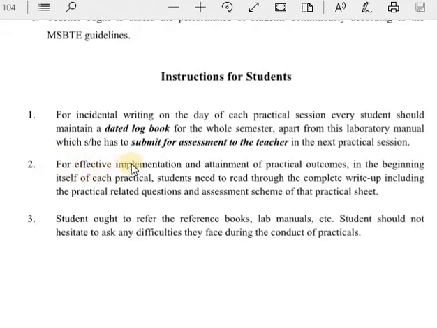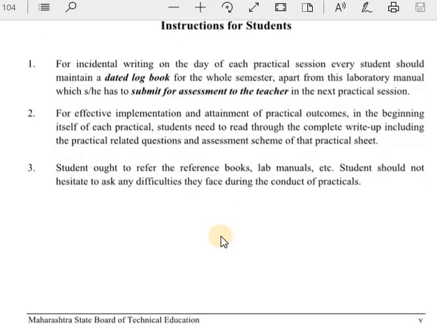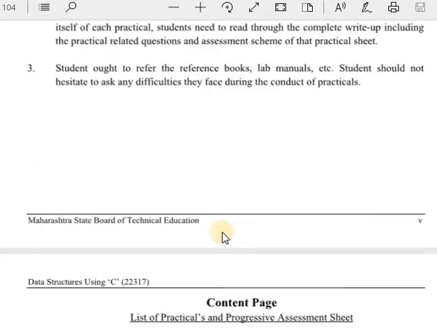Second, for effective implementation and attainment of practical outcomes, in the beginning of each practical, students need to read through the complete write-up, including the practical related questions and the assessment scheme of that practical sheet. Third, students ought to refer to the reference books, lab manuals, etc. Students should not hesitate to ask about any difficulties they face during the conduct of practicals. These are the instructions for you.